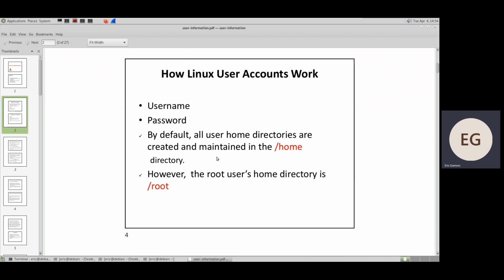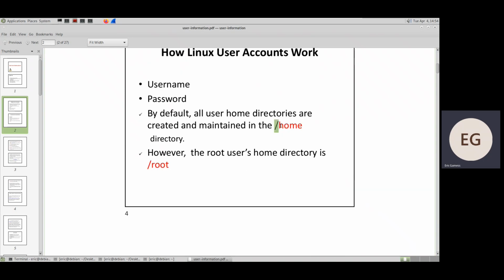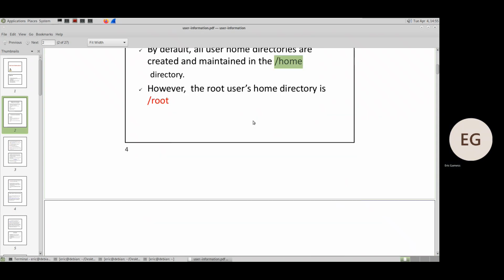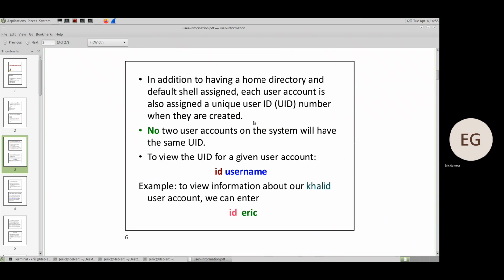A user also has a home directory. Normally the home directories of users are inside the directory /home. The root user has its own directory, which is /root. But if you create a user Eric, it will be in /home/Eric. If you create a user, let's say David Smith, D Smith, the home directory of D Smith will be /home/dsmith. No? Okay, so